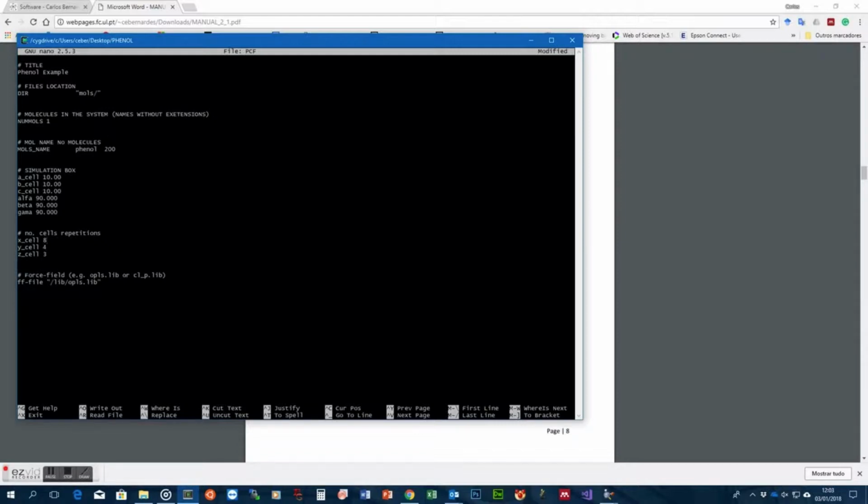Number of cells repetition. These options are necessary if you want to stack several unit cells of a crystal structure. In this case, you can just remove it, or you can simply set it as 1, because I don't want to stack